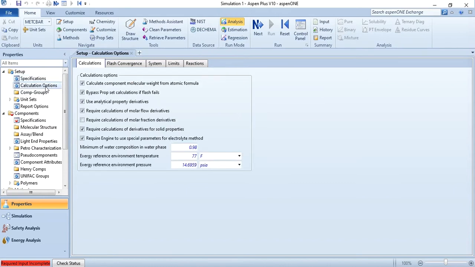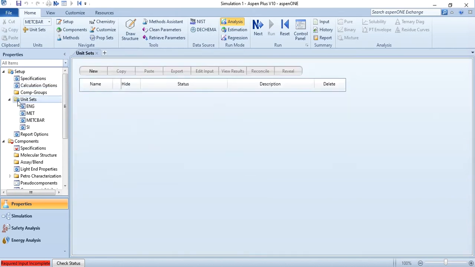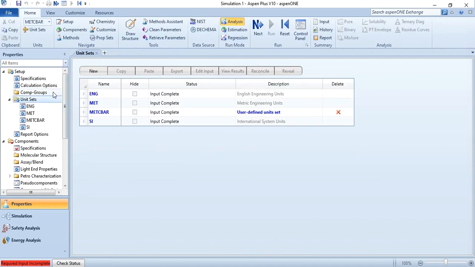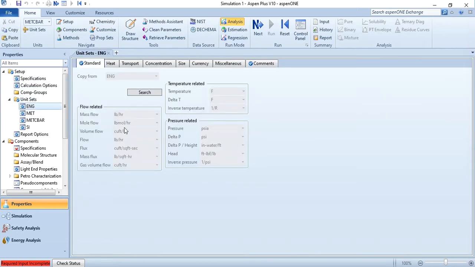And if you go to the calculation options, then these are the calculation options which are selected here. I will not go into detail of it because currently in start you will select auto or default conditions. Then go to unit set, and you see these four units are placed over here. If you go to English and compare it with the slides, the units given are the same: mass flow in pound per hour, mole flow pound mole per hour. Similarly in case of MT, kg per hour, kg mole per hour, and same with temperature and pressure units different,